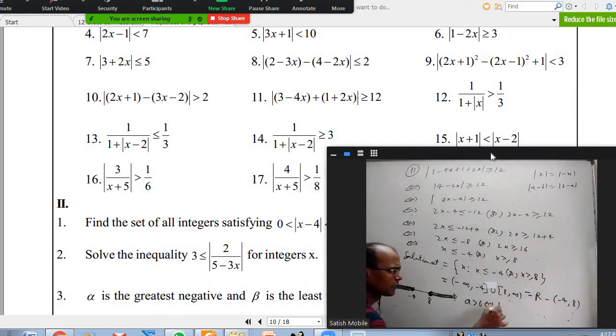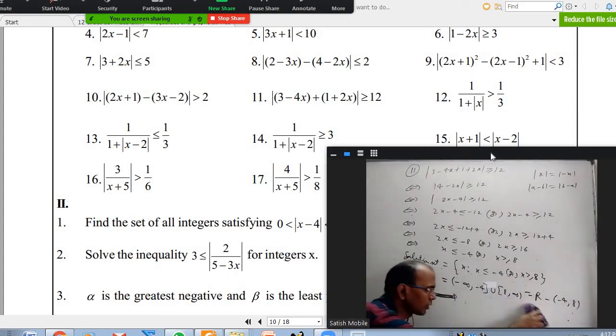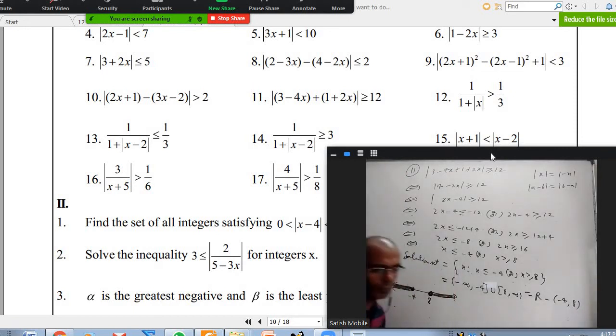A greater than B implies, can we write 1 by A greater than 1 by B? When both are positive, it will definitely change. And one is positive, one is negative, it will not change. And both are negative also, it will change because I am dividing with the AB. When A and B both positive or when A and B both negative, it will change. And one is positive, one is negative, it will not change. Okay, that's what we discussed earlier. Basically, when you are doing reciprocal, what you are doing is you are dividing AB on both sides and then bringing this to this side, this to this side.